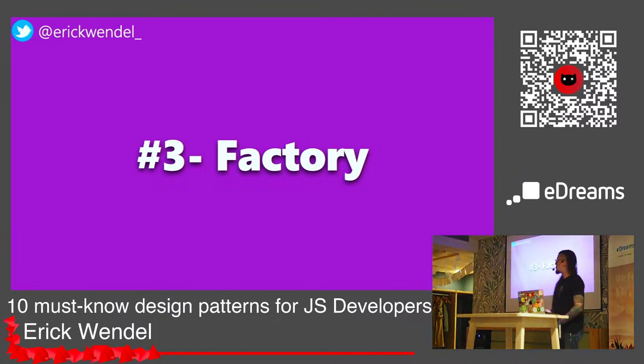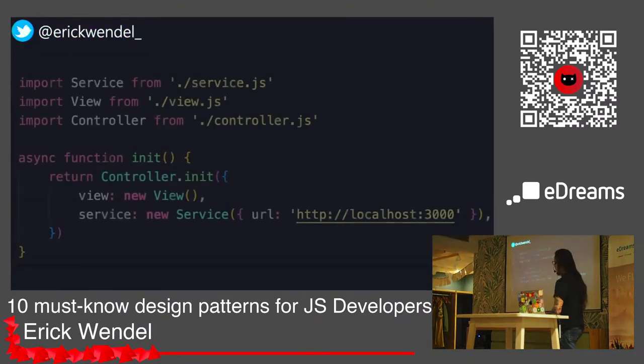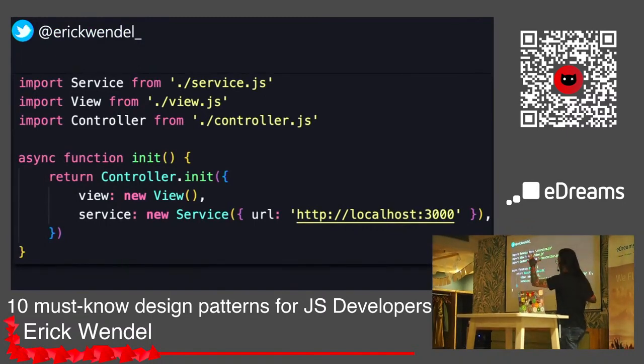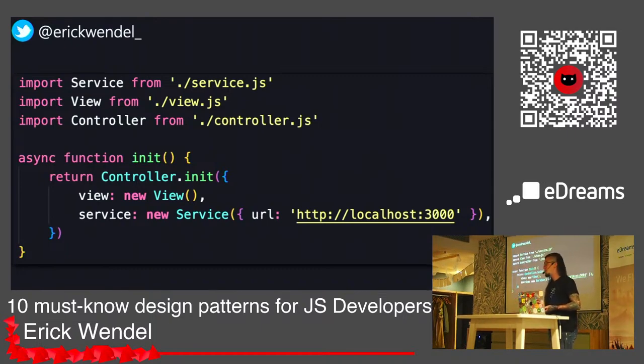And then we're gonna have the factory. So factory is amazing for putting all your dependencies on one side. So usually dependency injection and factories go together. So you're gonna have a single file for importing all the modules, creating your instance, and you can handle them. Imagine now you are working with an HTML page, where the view could be handling the DOM. But now you're gonna move this application and work on CLI. You can just change the module and everything's still working, right? You don't have to change 3 different files.